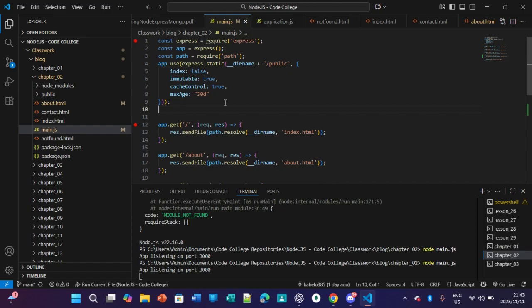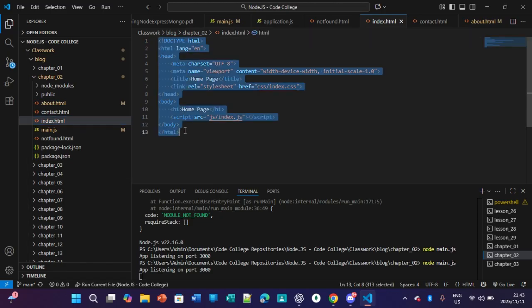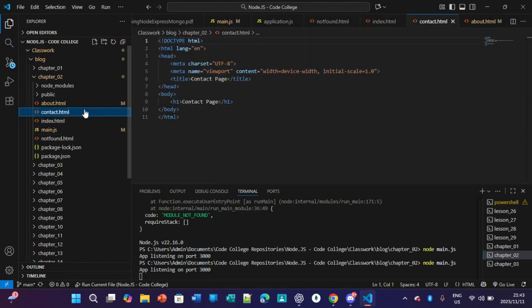So index.html, we've got the doctype, title, link relations, homepage, so on and so forth. contact.html, the contact page. about.html, the about page.